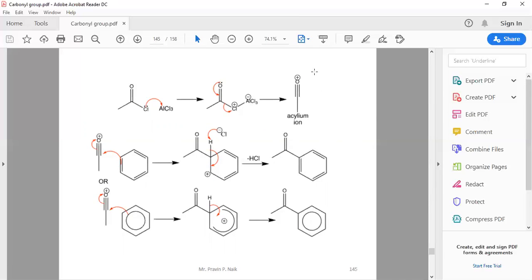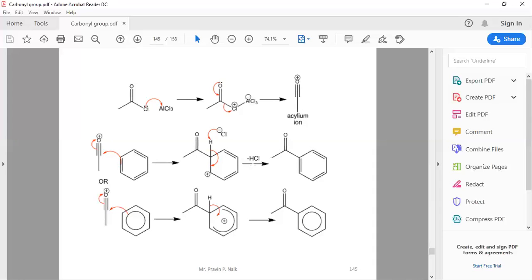Once the acylium ion, or you can say the carbocation, is formed, since the aromatic ring is nucleophilic here because it is rich with the pi electron system, it attacks the electron deficient carbonyl carbon, and this is the intermediate formed, and it leads to the formation of benzene substituted with the acyl group